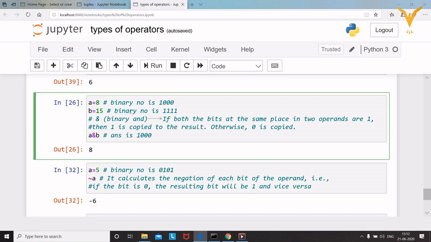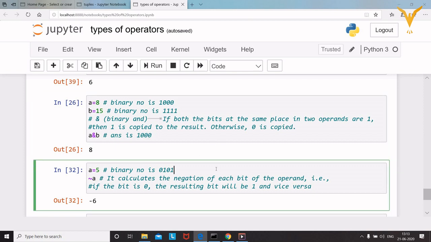Now as per the AND operator, here we have 1 and here also we have 1, so the resulting bit will be 1. Next we have 0 and 1, so the resulting bit will be 0. Again next we have 0 and 1, so the resulting bit will be 0. So this is how the AND operator works. When we apply the AND operator, we get the answer 1000, which represents the decimal number 8. So this is how binary AND works.